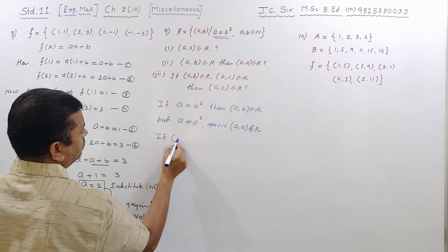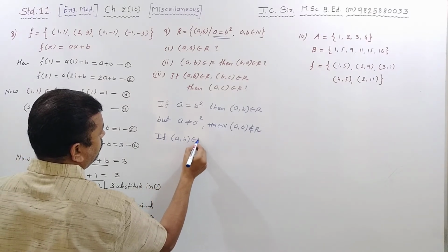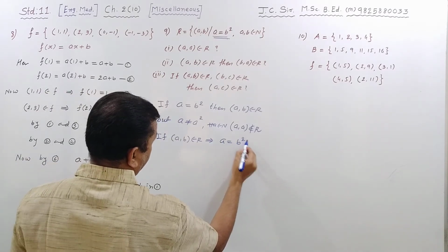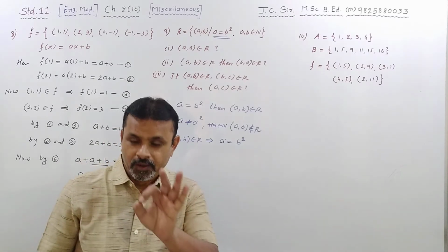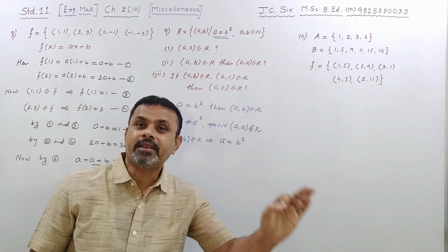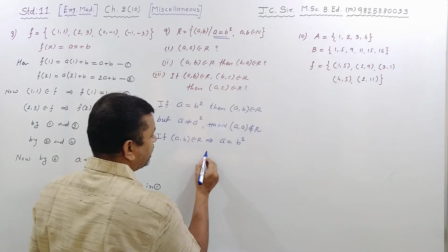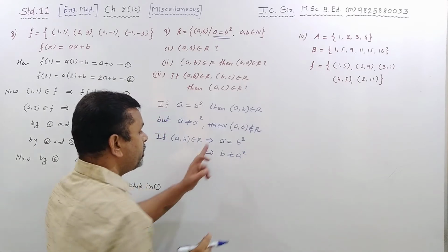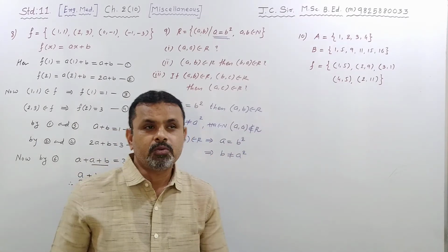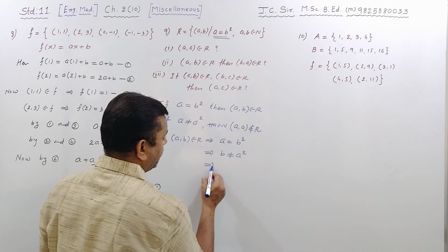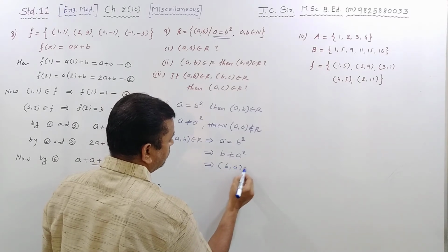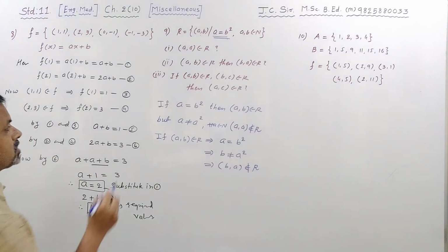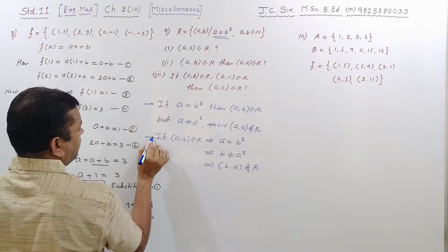See, if ab belongs to r that implies a is equal to b square। Now can you say when a is b square at that time b is a square, that implies b is not equal to a square। जब a equal to b square होगा तब b equal to a square नहीं होगा, and that implies ba does not belongs to r। ये भी नहीं होगा। Third and last, it is first, it is second and third।